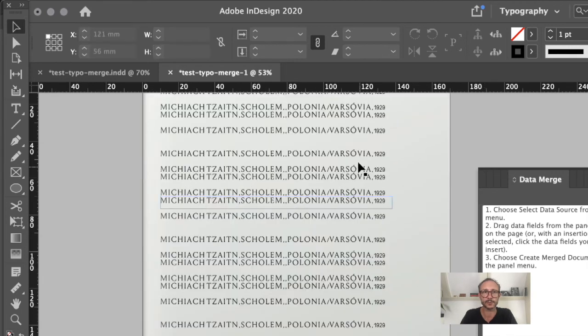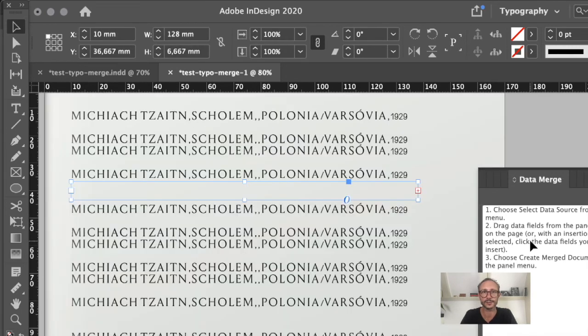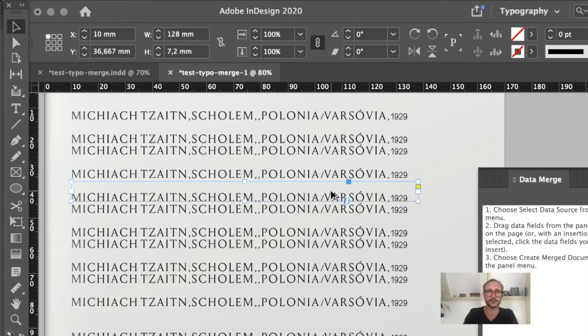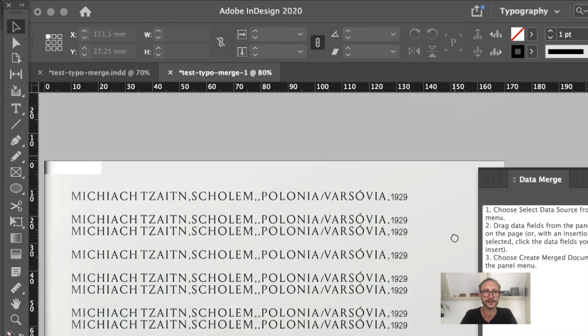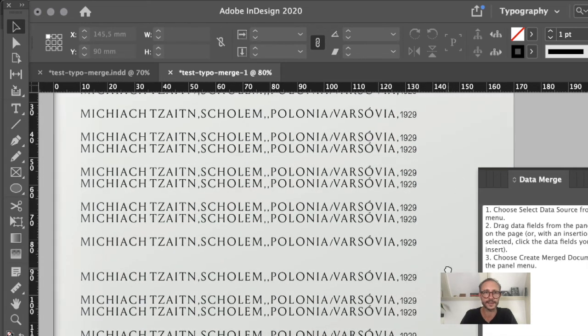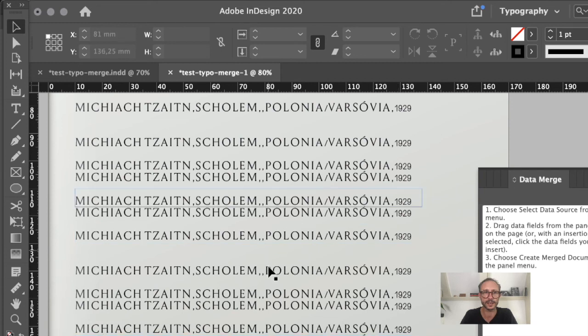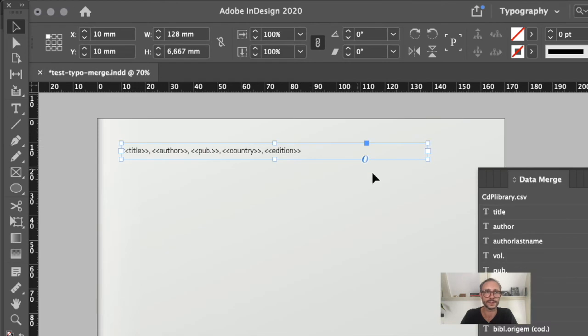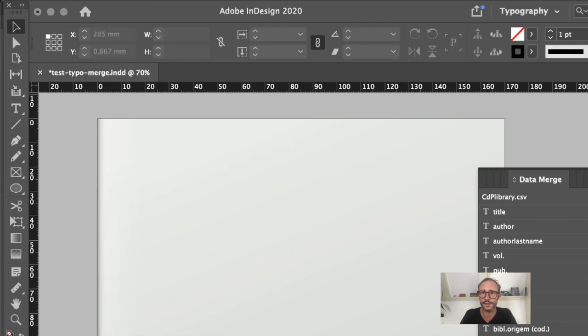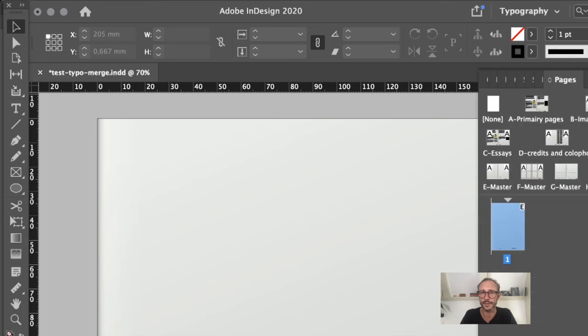But apparently there were some pretty long words that didn't fit, so it needed to do this. The strange thing, of course, is that it repeated one row here. So that is part of the settings. We have title, author, publication, country, and edition. And basically, I think what helps here is when we run this from a master page,